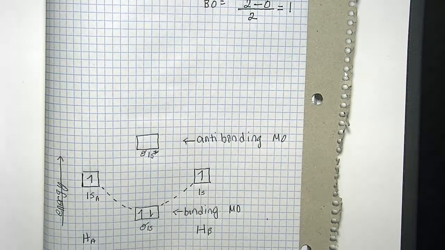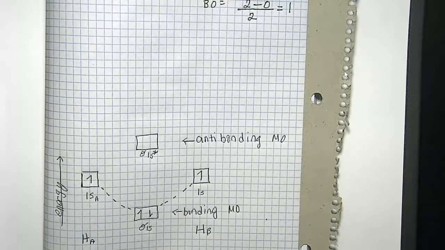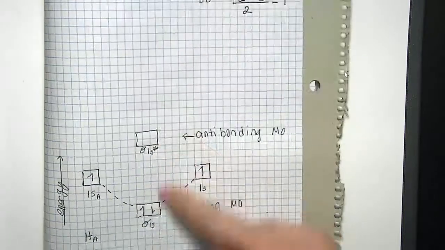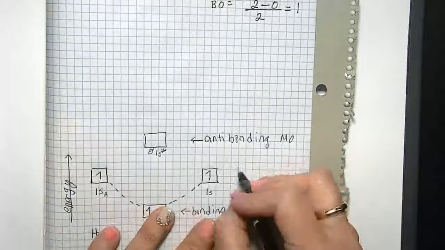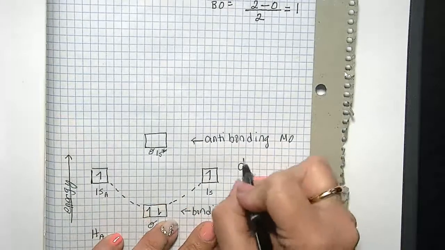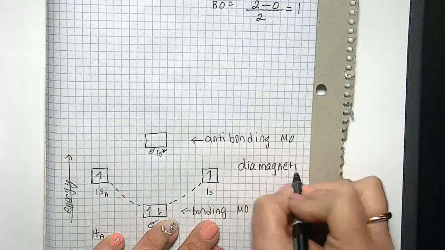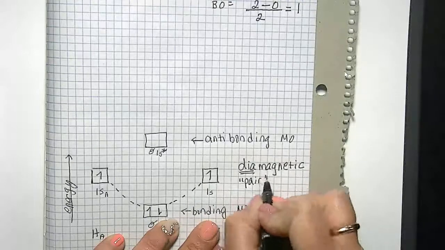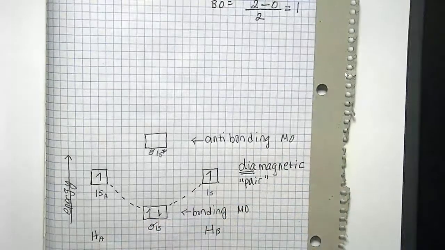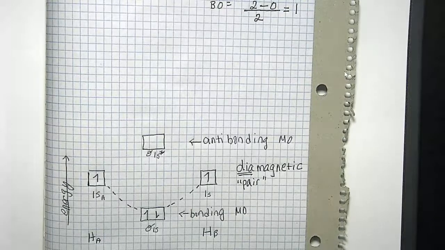How about pair up? Okay, when they're diamagnetic, we have 2 electrons, they're in a pair. There's no single ones here. So it's paramagnetic. I just said paramagnetic, I meant to say diamagnetic. Dia, because it's a pair. There are no single electrons in an orbital. Okay? All right, now, I want to compare this